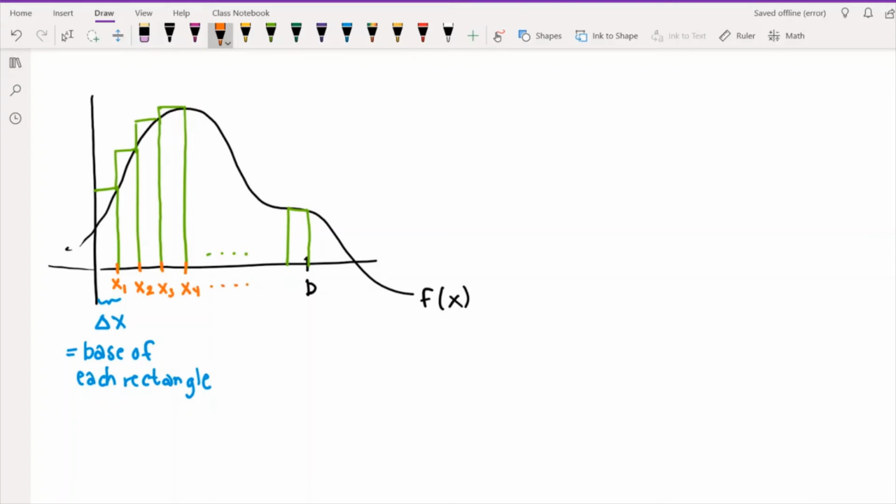And by the time we get to the end, it's going to be xn. That's the nth rectangle. Okay, so now that we have all of this general stuff written down, let's try to write down what the area of a rectangle is going to look like. So the area of each rectangle